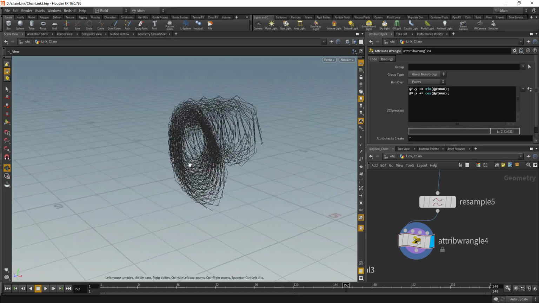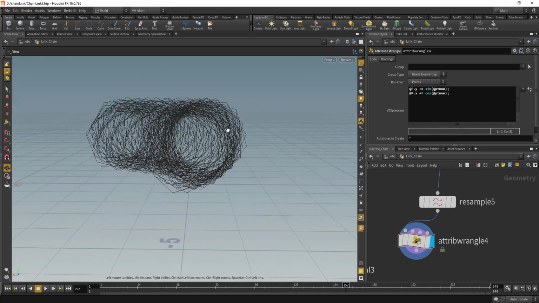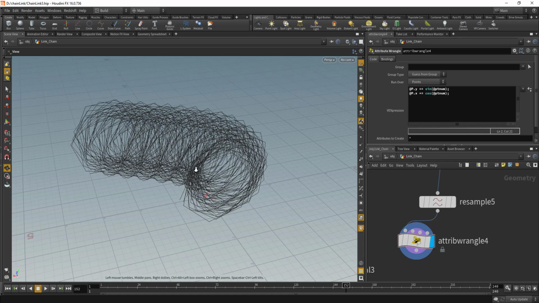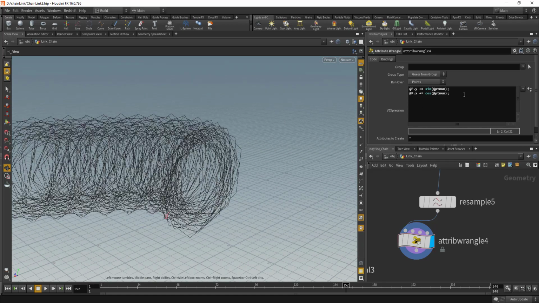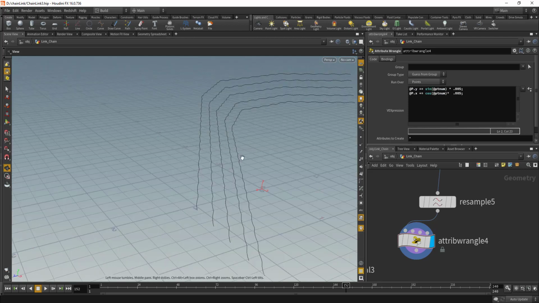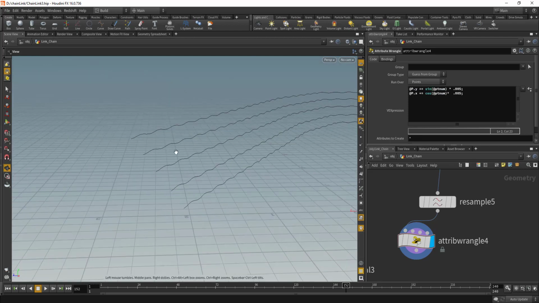You can see it created a spiral like we wanted, but the magnitude on this is very high. So I'll just multiply it with a very small number. What I've done is I've multiplied it with